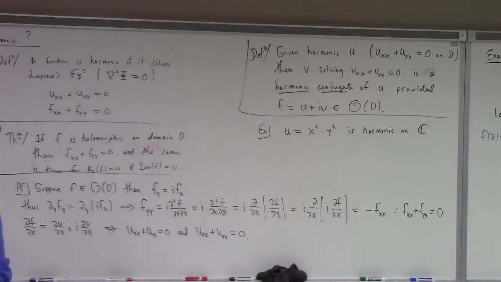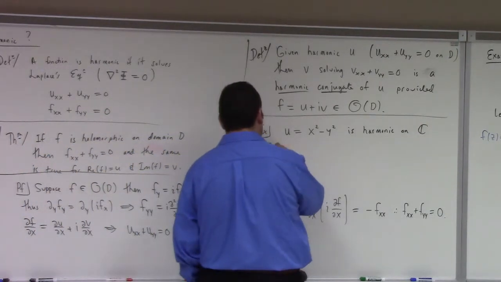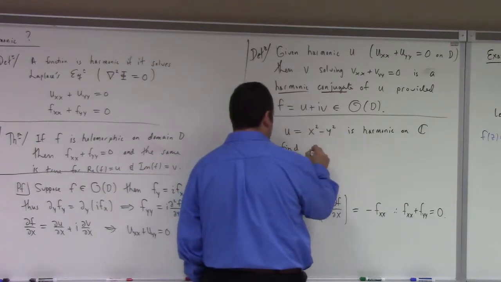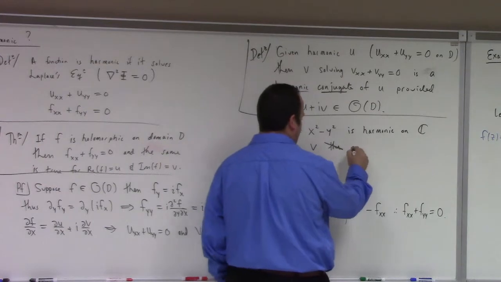Twice differentiate it with respect to x, what do you get? 2. Twice differentiate with respect to y. Minus 2. So 2 minus 2, 0. Harmonic. Great. So to find the harmonic conjugate, to find v, a harmonic conjugate,